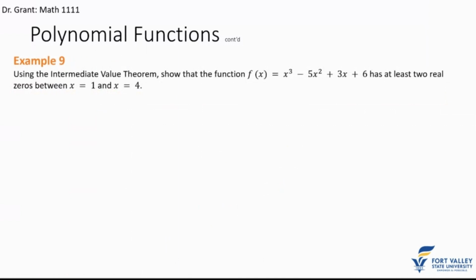So what do we mean specifically? So here it says, use the intermediate value theorem to show that f of x equals x cubed minus 5x squared plus 3x plus 6 has 2 real zeros between x equals 1 and x equals 4. So one way to do this, you can do a box with your values. So this would be 1,